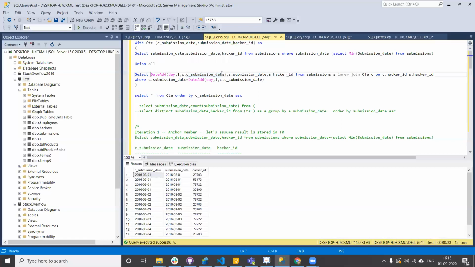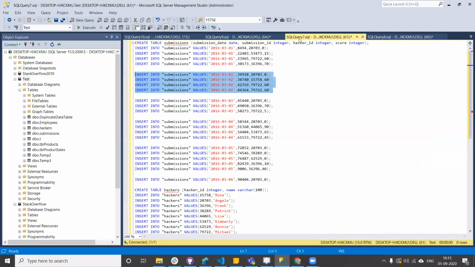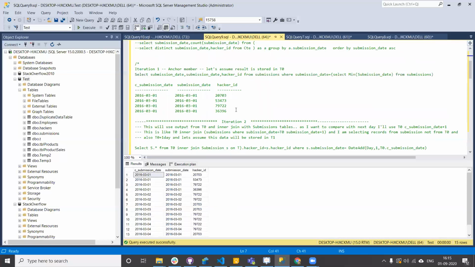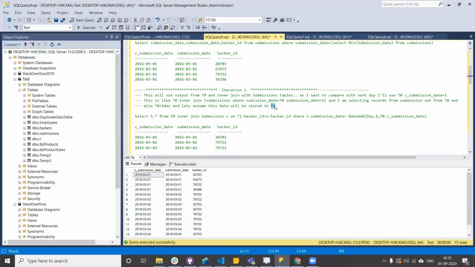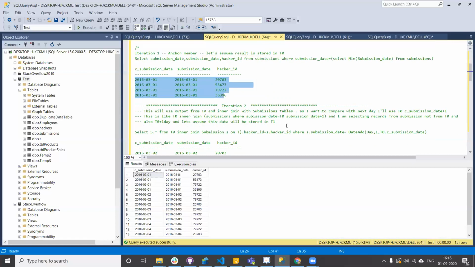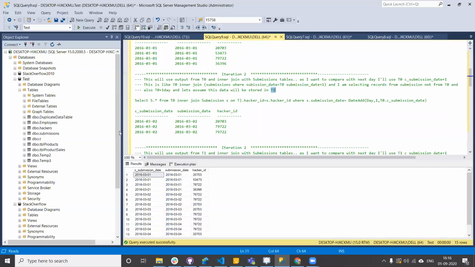So submission date is 02, because I'm taking this data 02 and the hacker ID. Finally, this data gets stored, let's assume, in T1. So in T0 we have this data, and in T1 we have this data.